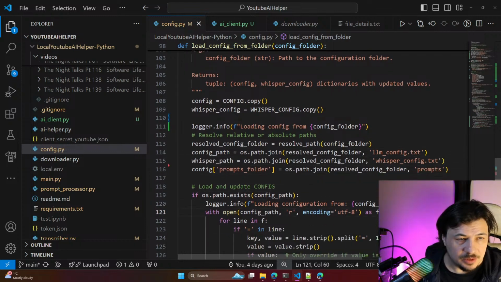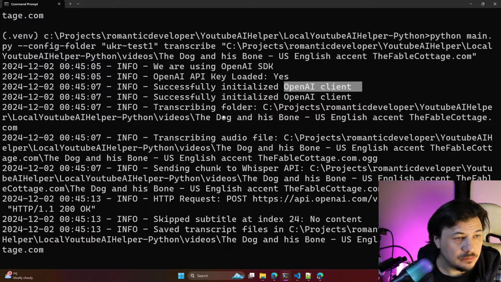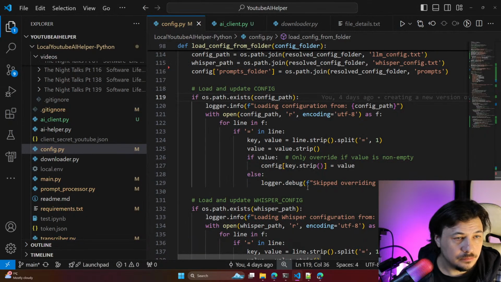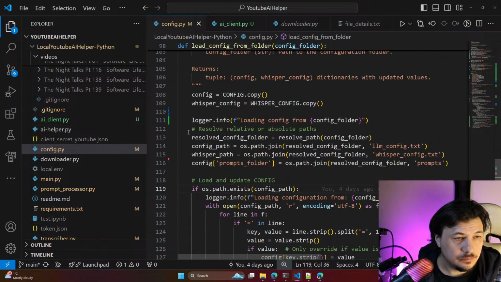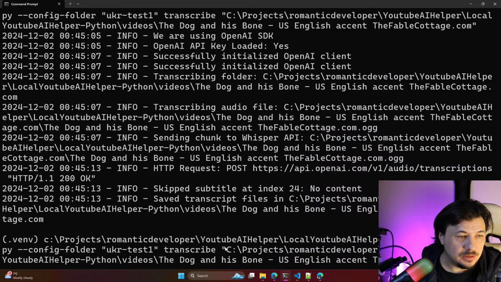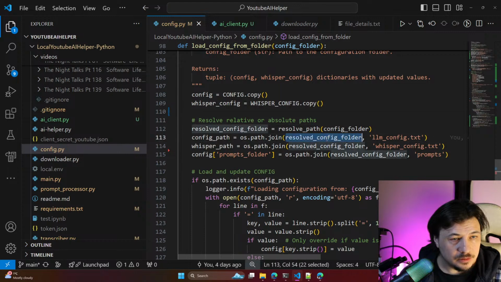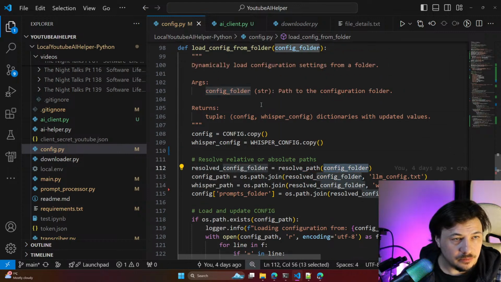Run config, whisper config, prompts. Oh, should we have loading config? Okay. It means we didn't load config from the config folder. Maybe we need to use configuration. Result config folder.